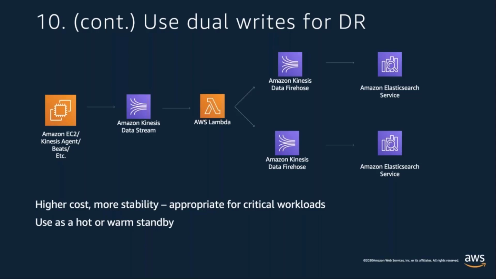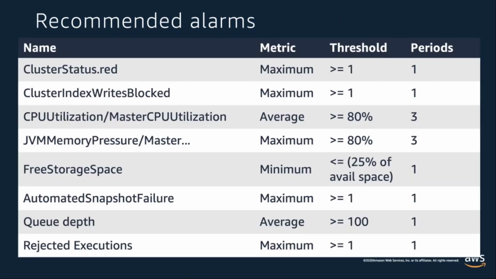This way we have a hot standby. We could use it as a warm standby, or we could use it as a hot standby as well. Obviously, this level of redundancy is going to drive a lot of cost, and you have to evaluate the criticality of the workload. Do I need to maintain this workload no matter what? In which case, having a warm standby or a hot standby is going to provide extra value and extra durability for disaster recovery. We wanted to cover some of the alarms, and